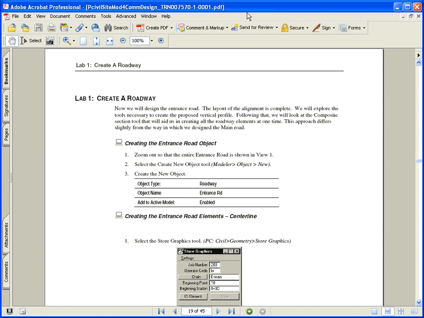During this portion of the Power Civil Modeler training guide, we will take a look at creating a roadway with the Power Civil Modeler tools. We'll begin in our guide on page 116 and step through a process of creating the road from